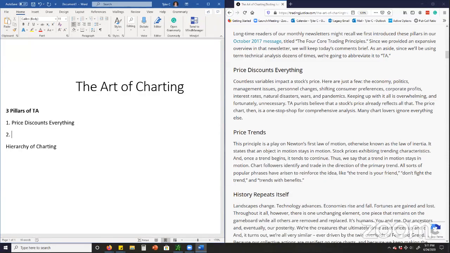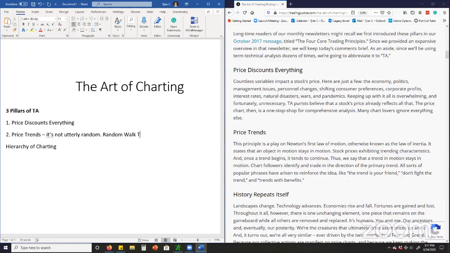Number two, price trends, okay? It's not utterly random. And so we believe that there is the tendency of prices to continue in a certain direction, up or down, okay? And so one of the parallels I draw here in the newsletter is if you subscribe to what's been